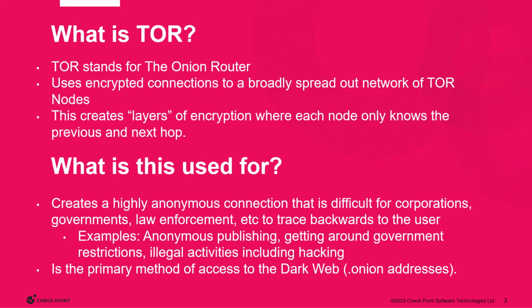Perhaps it's someone who is stuck behind a national firewall where they control the usage of the internet and don't let you get to certain sites, perhaps like social media, for example. Users will use onion routing to get past that and use social media or whatever other website it is that